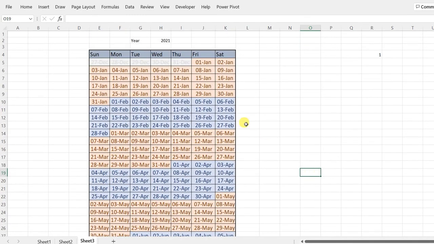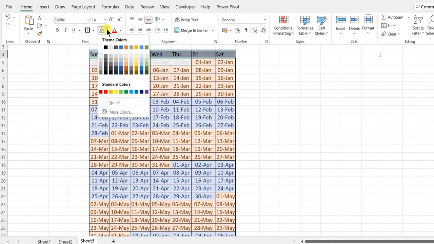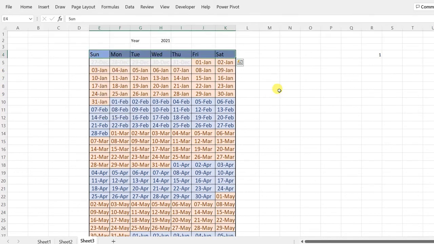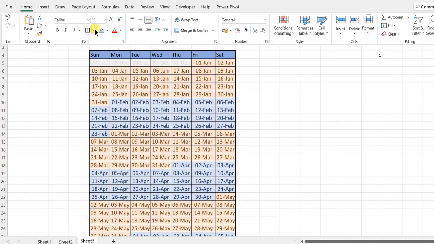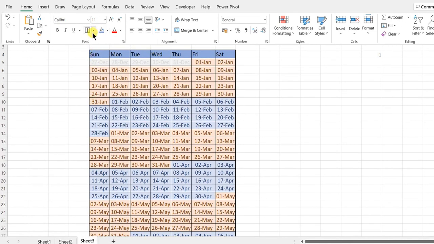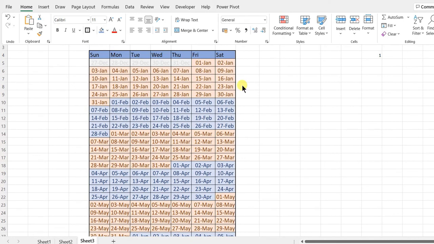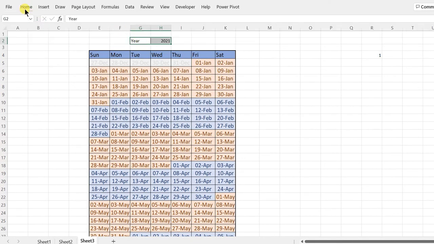Fine. So look, we have done it. Now we can do a little bit of formatting for this also. Say I want this to be similar patterns. So say this one, or I can take this one. Fine. So look, we have done this thing, and now in the same way we can repeat this and do home. We can make it a border, we can make it all borders, we can make it like this, and maybe increase the font size. Home,